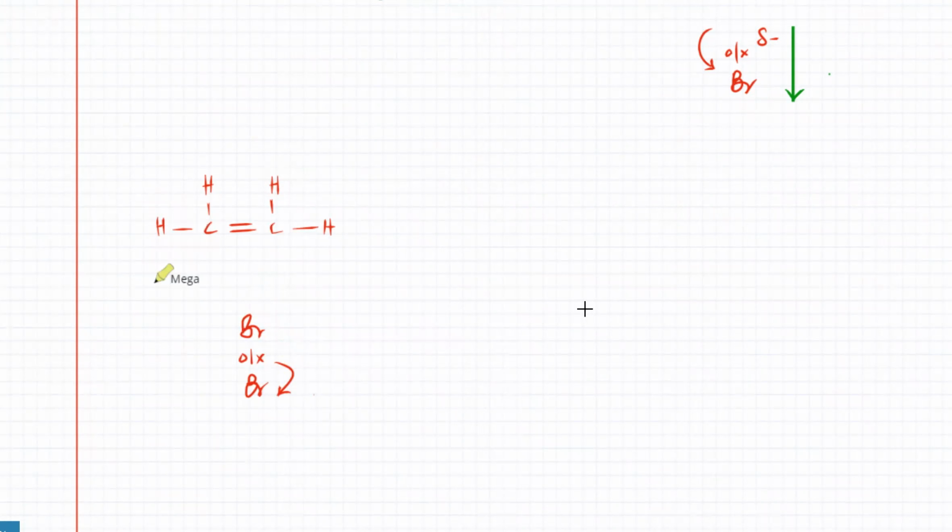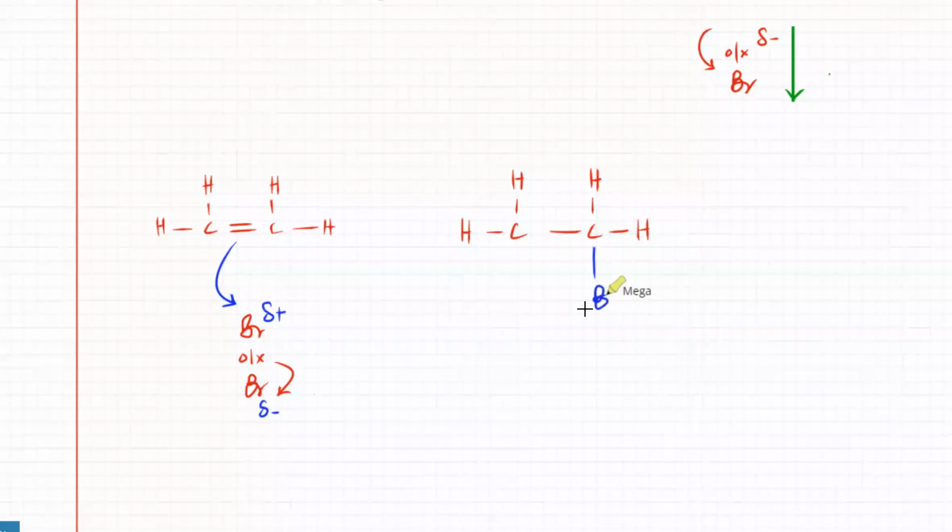And when the molecule is polarized, at the same time, it would be trying to gain electrons. The positive bromine, this is slight positive. The one underneath is slight negative. So it will try to gain electrons from the pi electron cloud. So the next step is a carbocation would be formed. One of the Brs would gain electrons from the pi electron cloud. It would form a carbocation. And in the next step, the Br minus 1 is going to come back. It's going to get attracted to the carbocation, resulting in the formation of the bromoalkane,